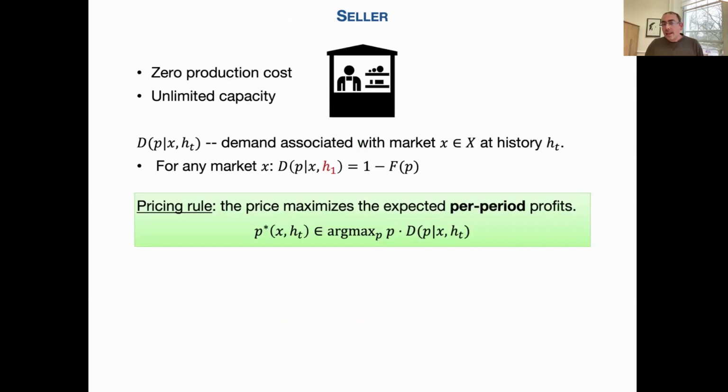Okay? So this is the last slide. A seller, these sellers, just think about in every period, there is a different seller. When the seller arrives, the seller sees the market segmentations, also observes the demand, and the price that is going to be charged is a price that maximizes the profit. So you can think about this P star being a price recommendation given by the platform, and the price recommendation is to be incentive compatible.